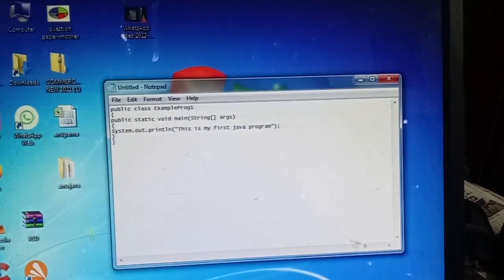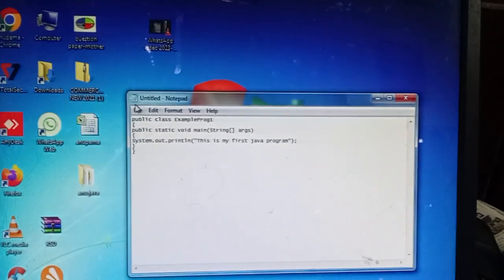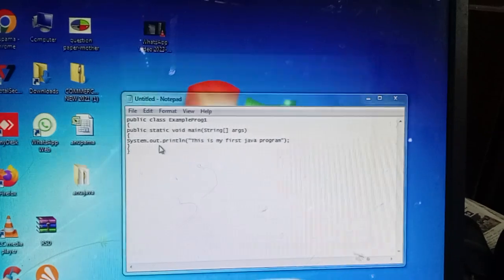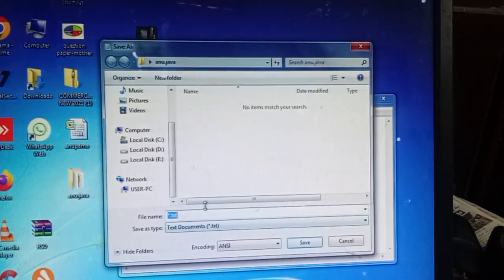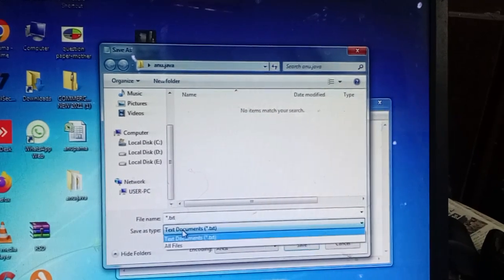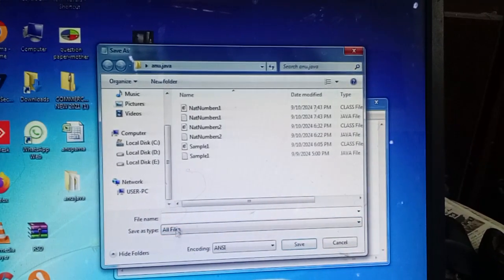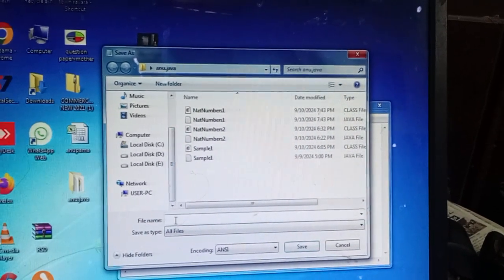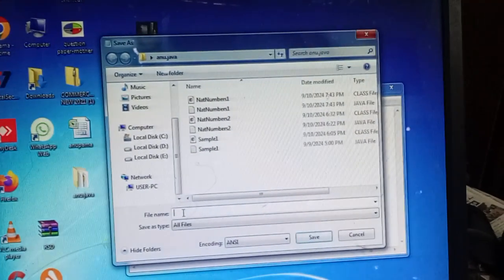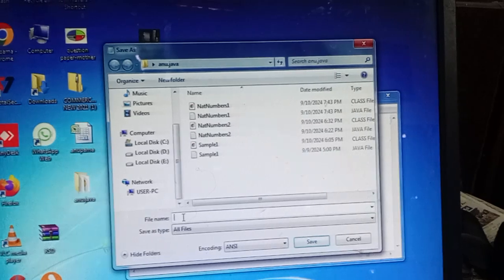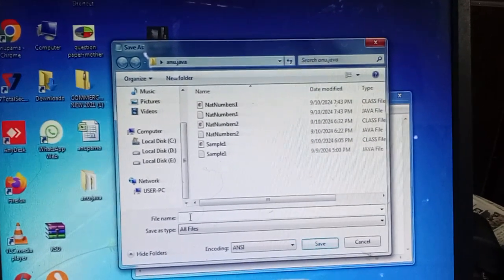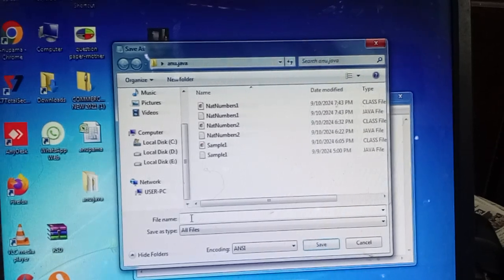Now we have to save it. To save, go to the File menu. In that, select the Save option. You will get a screen in this way. Here you can specify the file name. First, here selected all files. These are the files I did already previously. Whatever the class name we gave there, that we have to specify as the file name also, along with the capital letters and small letters.